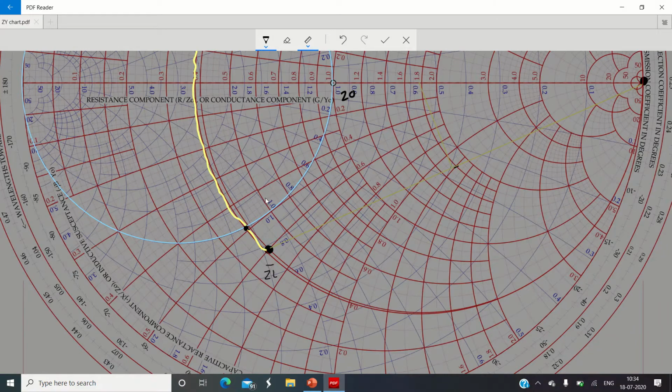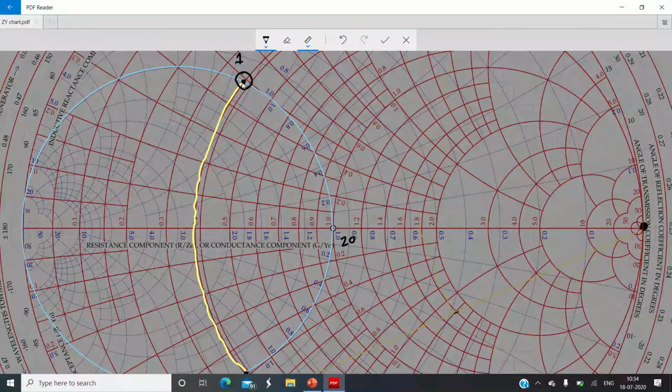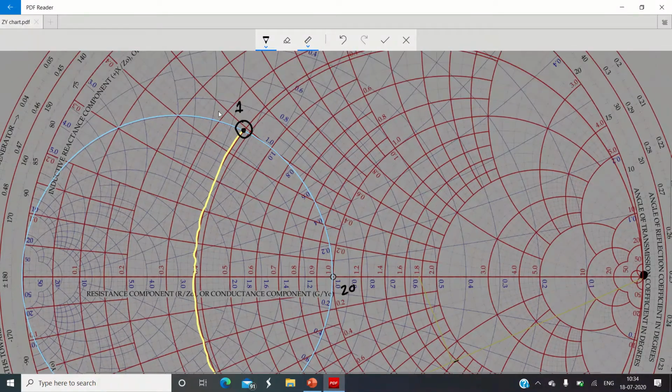So from that point of view, we go further tracing the same resistance circle, and we take this particular intersection of the resistance circle with the unit conductance circle, which I already denoted as point number 1, right? So this is a valid design. And from this point, you start tracing the conductance circle now. You should trace it downside from point 1 to point Z0.